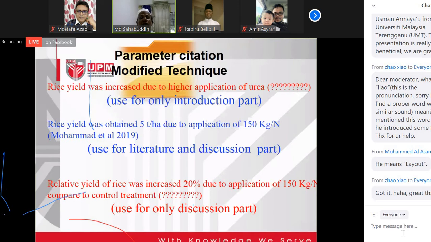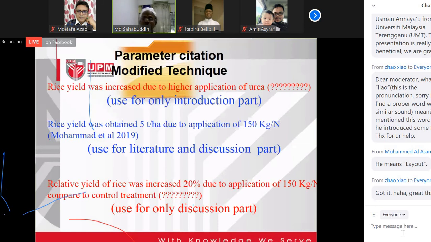But the first one, modify, rise, yield increase, we can use only in the introduction, because in the introduction we are not allowed to use any direct result, like 5 tons or 150 kilo. But we can use the trend, increasing due to the higher application.